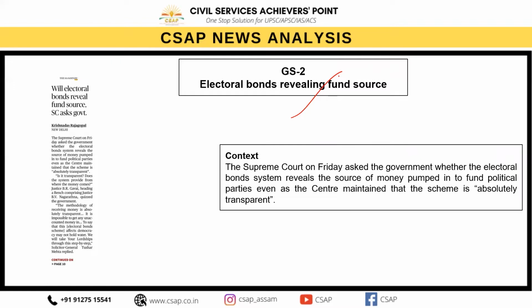So this electoral bonds, only the political parties registered under section 29A of the RPA 1951, that is the Representation of the People Act, and have secured not less than 1% of the votes polled in the last general elections to the House of the People or the Legislative Assembly are eligible to receive electoral bonds. So today, the Supreme Court directly asks the government whether the electoral bond system reveals the source of money,